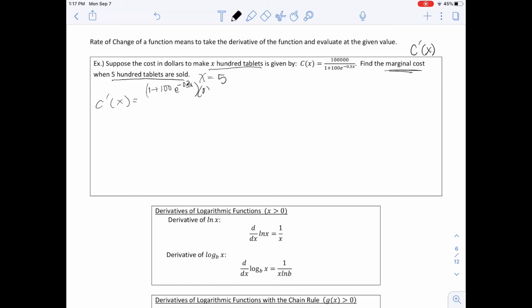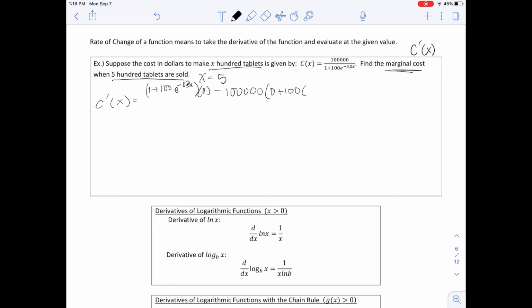The derivative of the numerator is just 0, minus our numerator, which is 100,000, times the derivative of our denominator, which taking the derivative of 1, it's just 0. And then we have 100